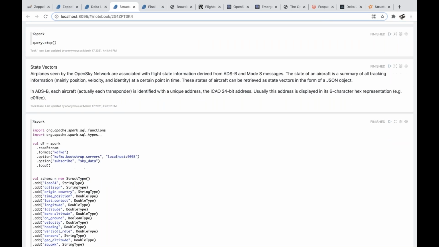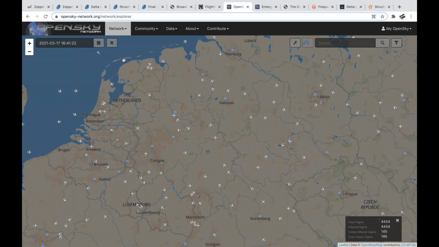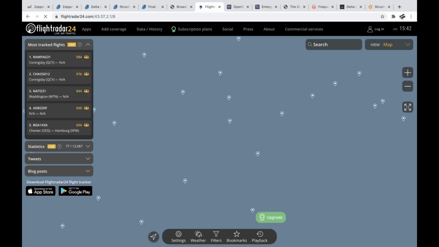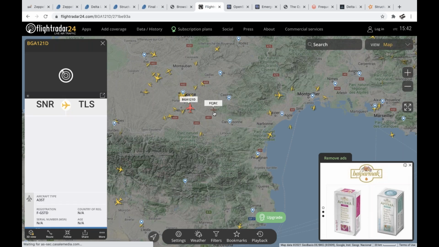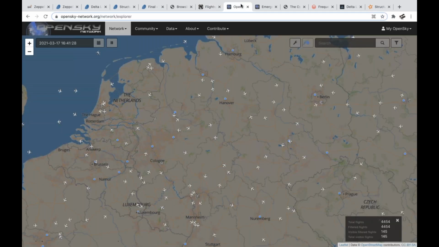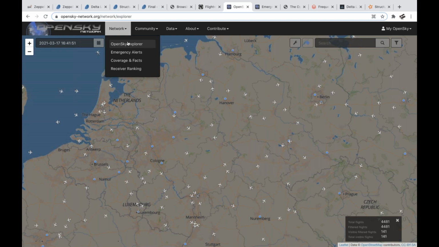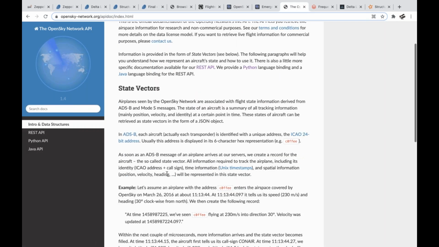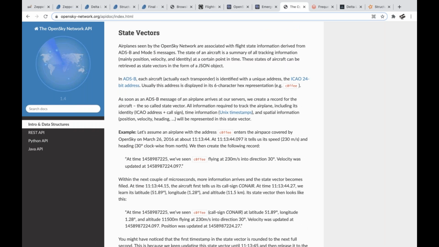Okay, let me give you briefly what is OpenSky network. I believe everybody knows what is Flight Radar, right? Flight Radar is the place where you can track your flight or any flight in the world. So basically, OpenSky network is the same, but it is open source, so anyone can use it for free, and they have very good Python, Java, and REST API. So basically, we will be getting real life data from their systems.